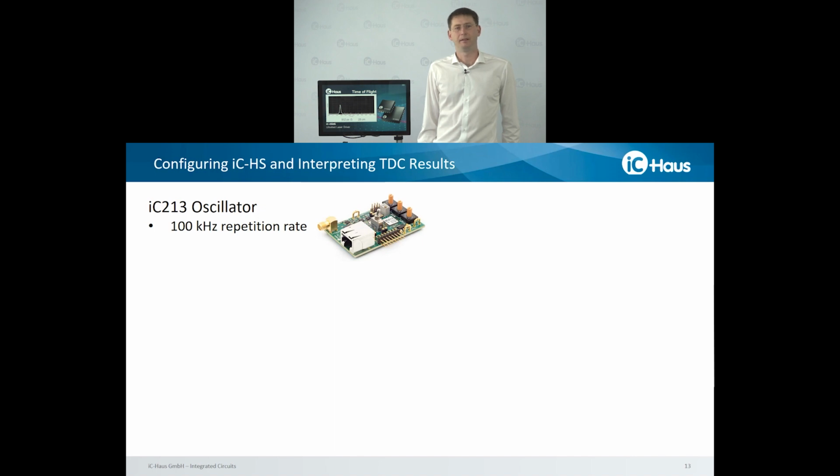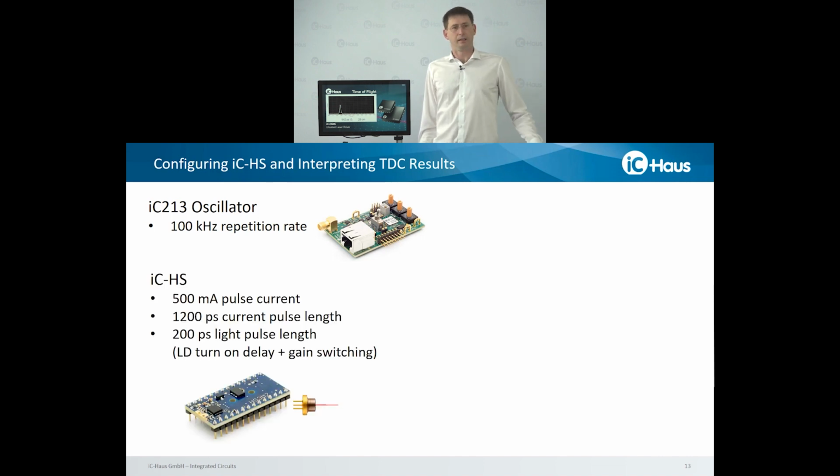The other requirement is that we would like to have an eye-safe application here for our webinar, so it should be as low as possible. If we go for 100 kilohertz repetition rate with our oscillator, this is a good compromise for both those requirements. The iC-HS, in turn, is a more elaborate piece of device, and this is only as good as the configuration